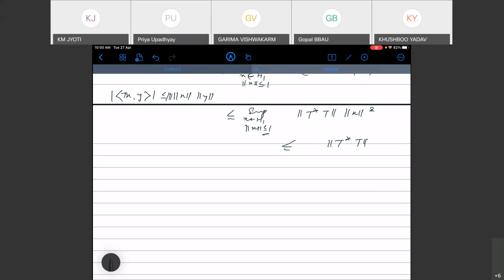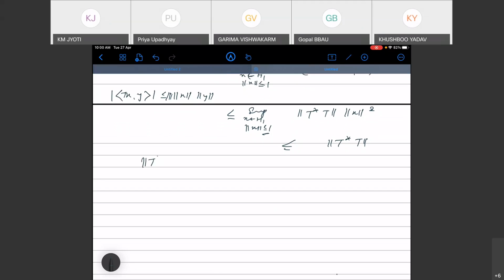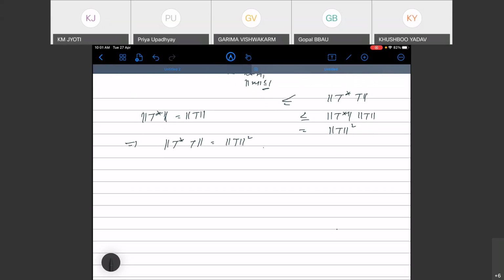और ये जानते हैं norm t star equal to norm t. Okay, so this is less than equal to norm t star, norm t, which is equal to norm t square. So this implies norm t star t is norm t square. Okay,